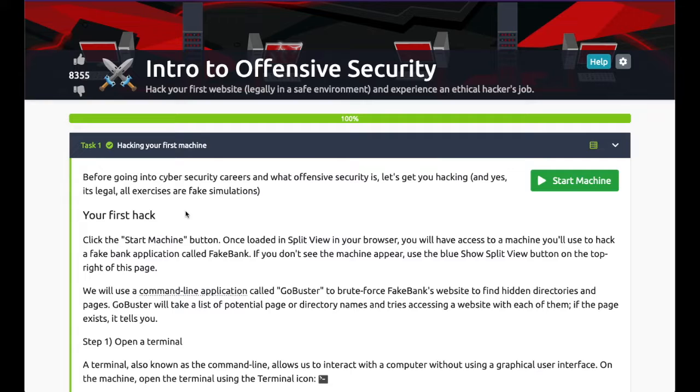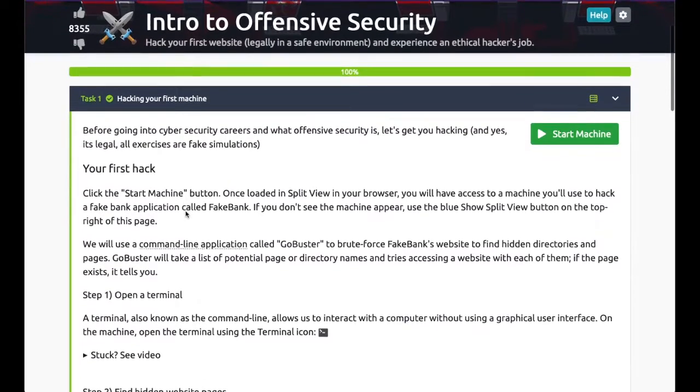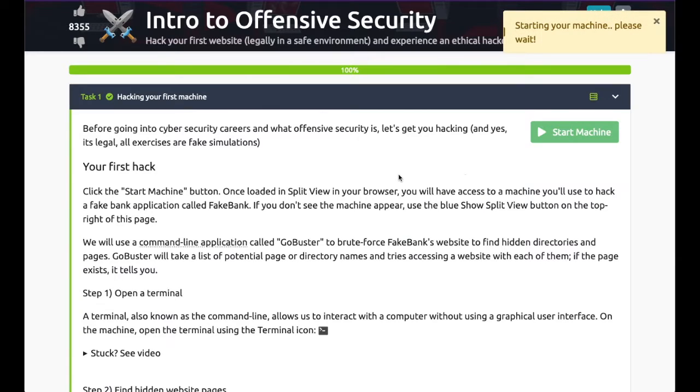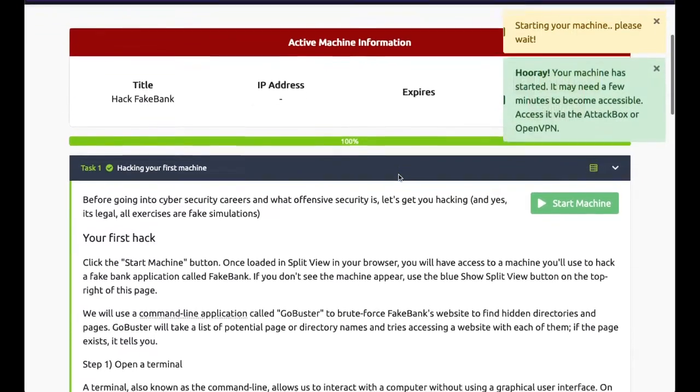Hey there, this room is called Intro to Offensive Security. Task 1, hacking your first machine. Click the Start Machine button in the top right hand corner. Your screen will split into a split view of the browser, and you'll use this to hack a fake bank